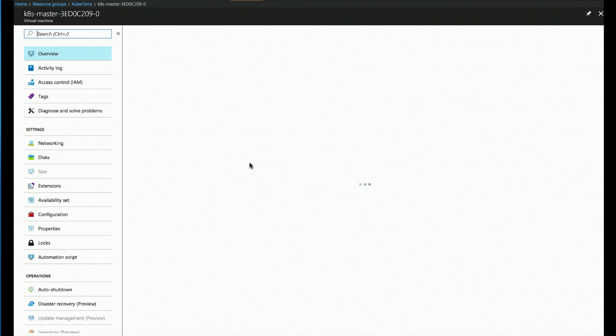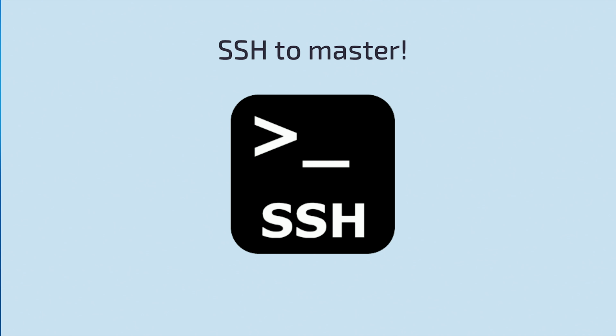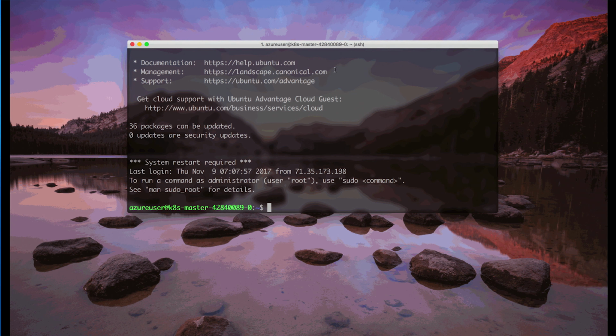After the cluster and its resources are created, we can actually connect to it and start executing commands. So we can go to the portal to our cluster resource and find the master VM and get the endpoint address and SSH to the master. So SSH, indicating the fully qualified domain name, and optionally also you can indicate your SSH key and entering my passphrase. So done, and now let's see what we have here.